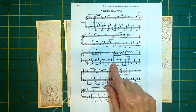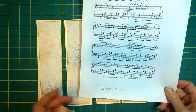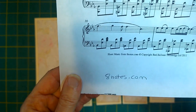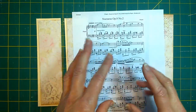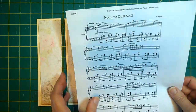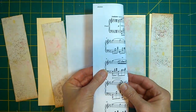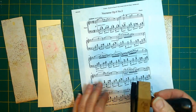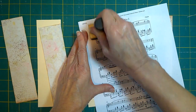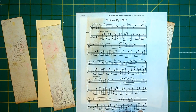You can print out some free music paper, music sheets, and this is just a black and white printer, and I got this at 8notes.com, and they have all kinds of free music sheets, and I went into the classical section because I didn't really want any words. But you could print this out, and you can glue this on for your background as well. Be pretty background, and if you didn't like the bright white, you can always come in with distress ink, you know, and you can distress it up a little bit and kind of like darken it, or you can actually use